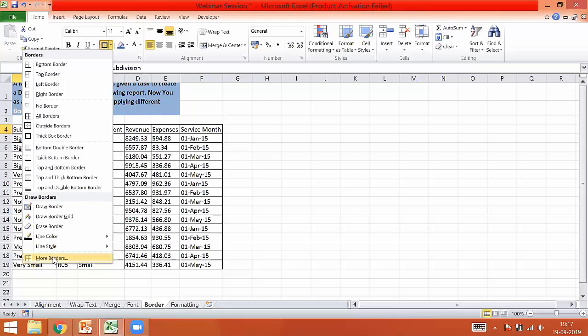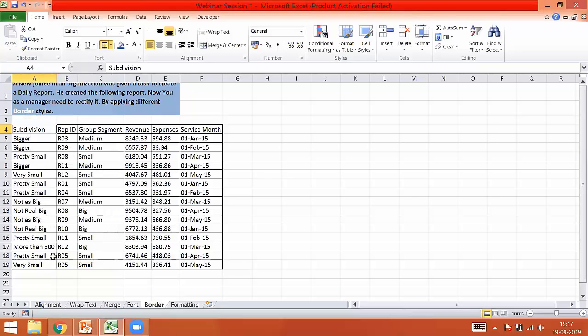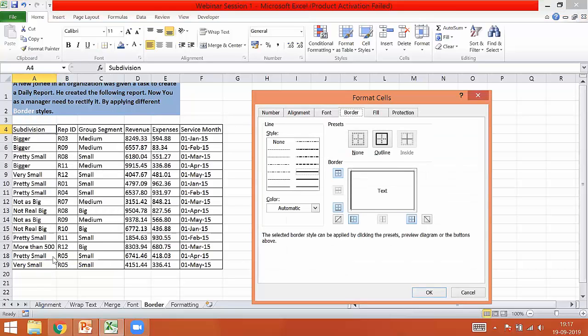But we'll talk about more borders, wherein if you go to this particular style, format cells, border, you do have cross borders. Can you see this? This is from left to right, that is bottom left to top right, and this is the otherwise.